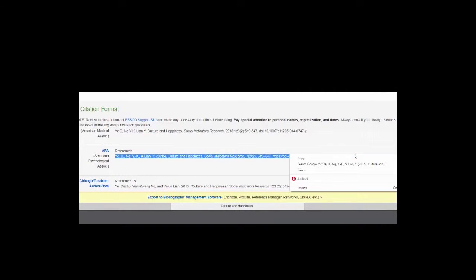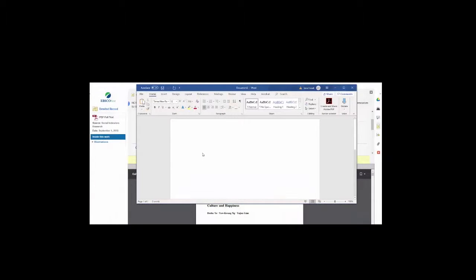You can highlight it, copy it, and then open a Word document. You can paste, and then we're going to format that. First, to no color, and again, do it one step at a time, one line at a time, to no color. Next step is to